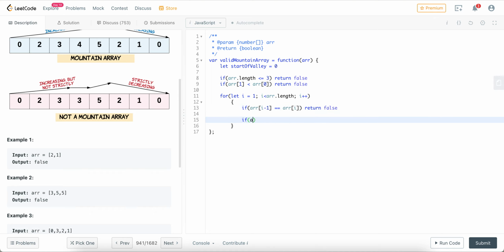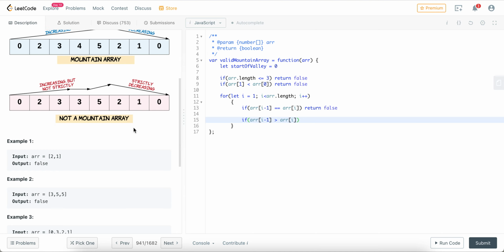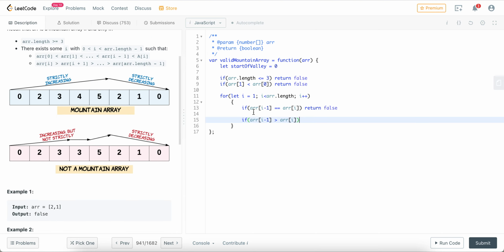And if array i minus 1 is bigger than array i, that means now we found our point where it's going to start going down, because up to this moment my assumption is it's only going up. But if my current index of the array is less than the prior number, which is here 5, it was 5 and now it's 2, 2 is less than 5. So if I find that, then I will need to use this start of value variable